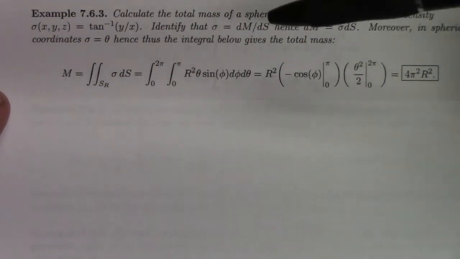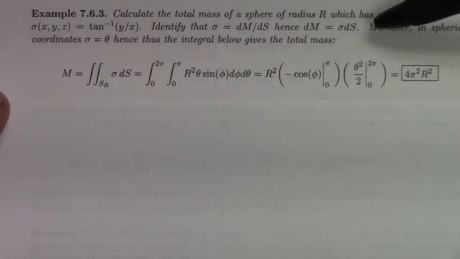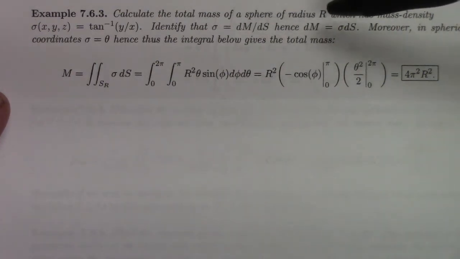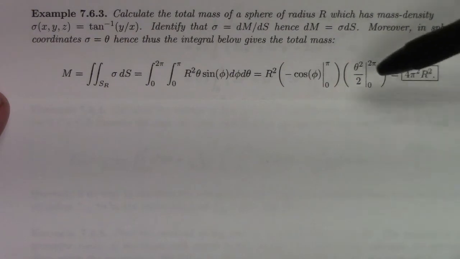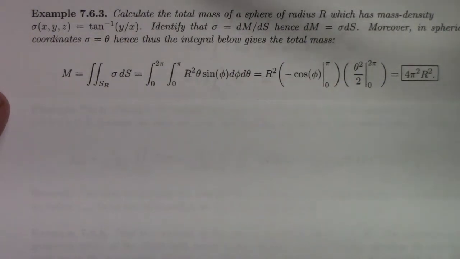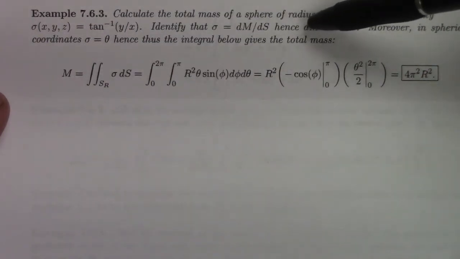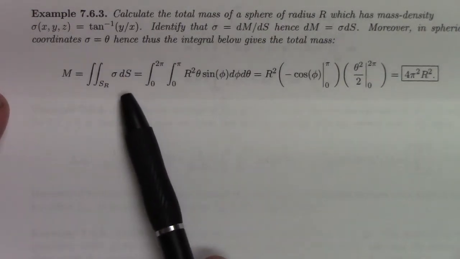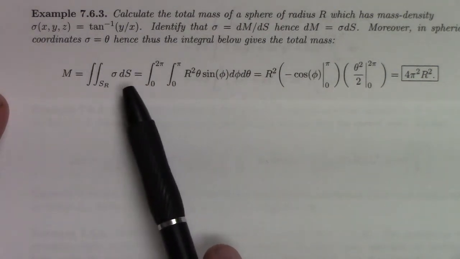All right, so sigma is dm over dS, so dm is sigma dS. If we want to calculate total mass, I would call this a spherical shell. Unfortunately the word sphere sometimes makes you think of a solid sphere, which is what I was thinking, but this is really a spherical shell, and that's the density of the shell, so mass per unit area. To get m, we integrate dm, which is to integrate sigma dS over the sphere. So sigma is given to be inverse tangent of y over x, which is theta,